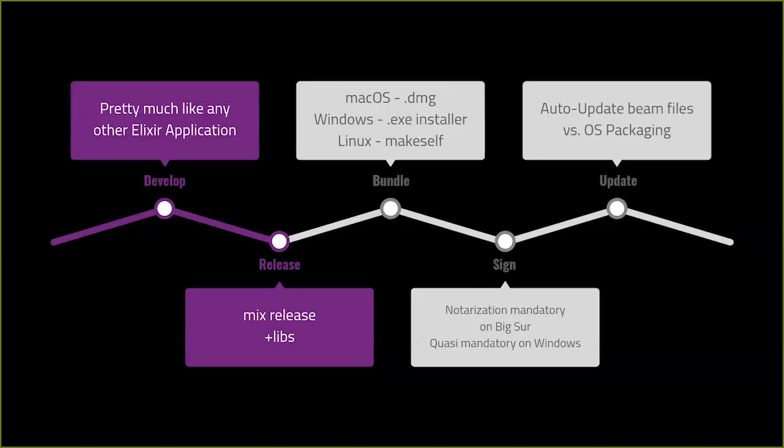And this is how it looks. Of course, you develop, and I've done that here in Violet. You see those things that are working today, and you get them covered. So you can develop, you can see that locally, that's all a normal Elixir application, and we can look at that in a moment. Then you can do the mix release, and you get the package that includes nearly all the binaries you need. There's still a bit of dependency on the OS, like on macOS, you want to have an icon, you probably want to have some associations that need to be part of the release. Then there's the bundling: DMG, MSIX installer, makeself, or a Debian package.